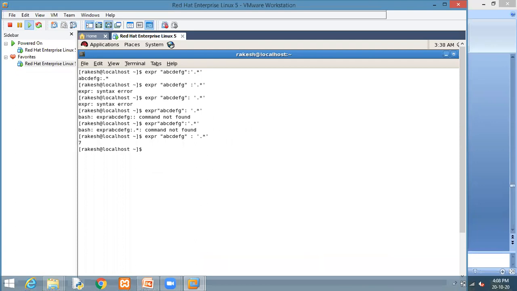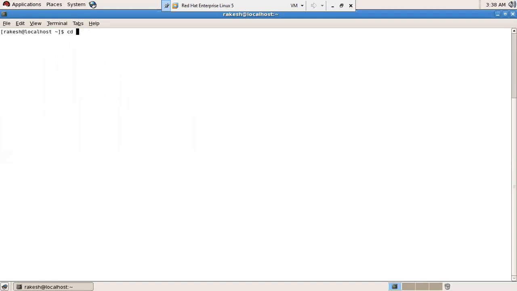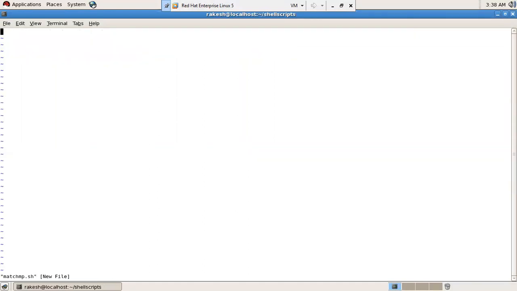Let us see an example. Okay, I will go to the shell script directory because all my programs are stored there. Then enter ls, or I'm just going to write a new program right now. So by using the VI editor, vi. For example, I'm just going to name this match multiple pattern dot sh. How to begin the shell script?